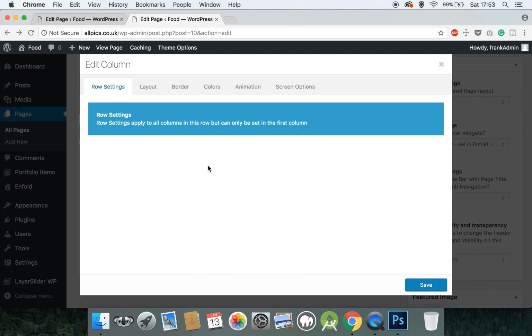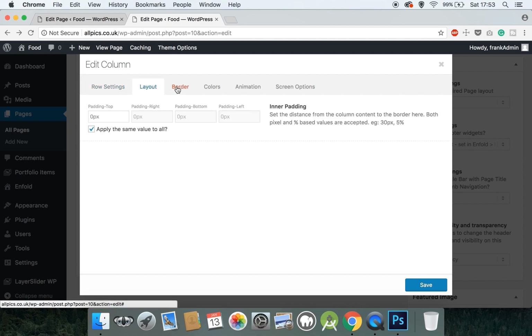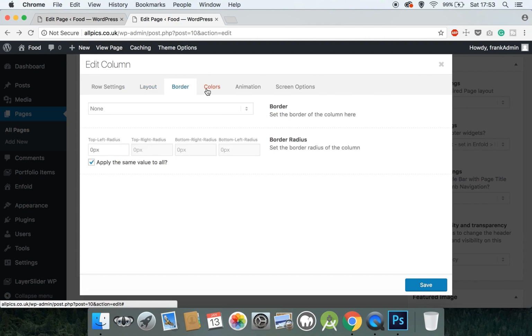So to do that, we need to go to layout first of all and add an 80 pixels. Let me think, do we need to add that here? No, we'll try not actually. Border, yes, we'll add the border radius, which is the same as last time. We'll add 5 pixels. Colors,